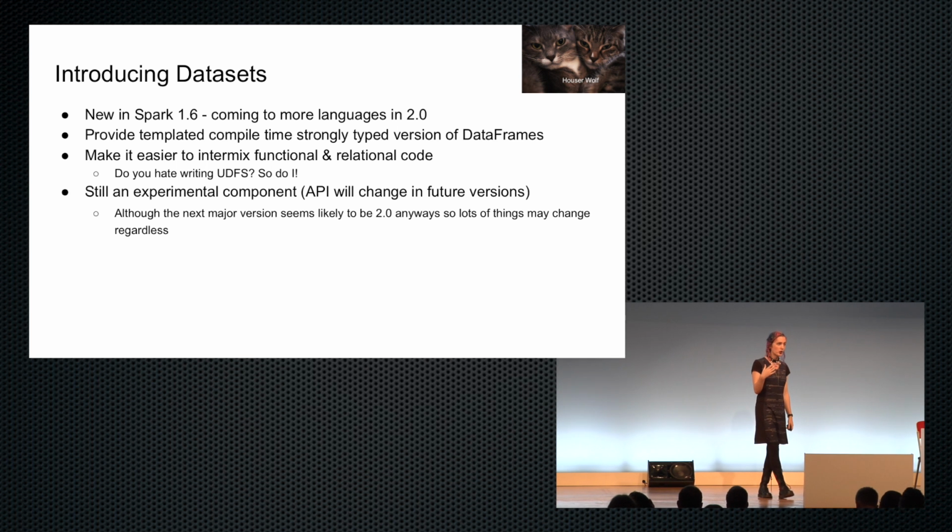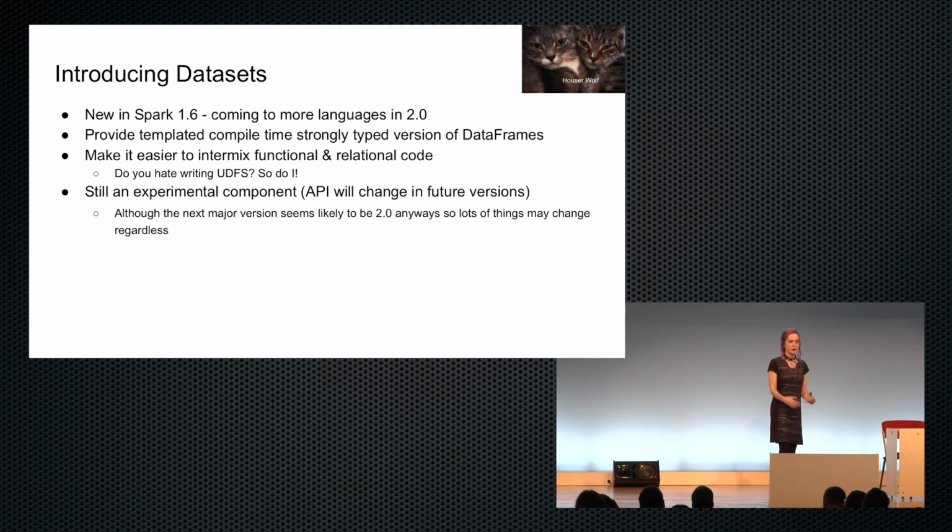If you're working in Spark 1.6 right now, and because Spark 2.0 isn't out, you probably are, you will have to change your code if you start using datasets, because the API is changing for Spark 2.0. That being said, the API for pretty much everything is changing anyways for Spark 2.0, at least in small ways, so I don't think this is too big of a deal.